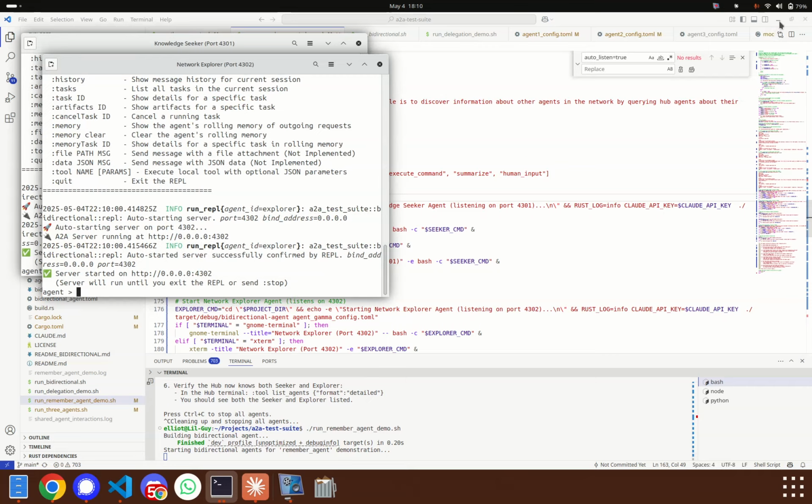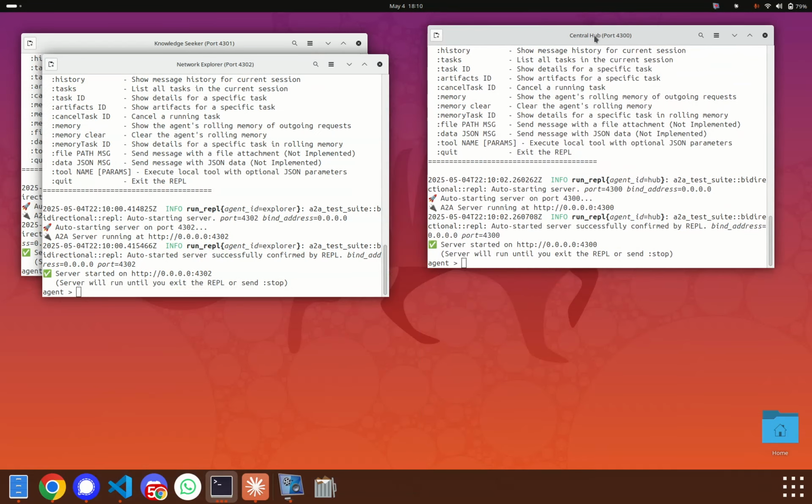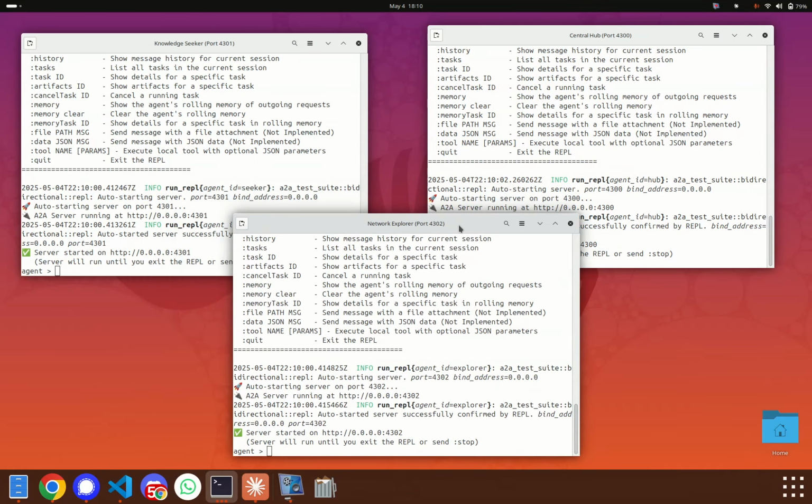Hello, welcome to my demo of A2A, the agent protocol that was released in April 2025 by Google. And I've been somewhat obsessed with this protocol in the healthiest way possible, and have been channeling that into making tools for the general public. And so a few weeks back, I made a server and a client for the A2A protocol,